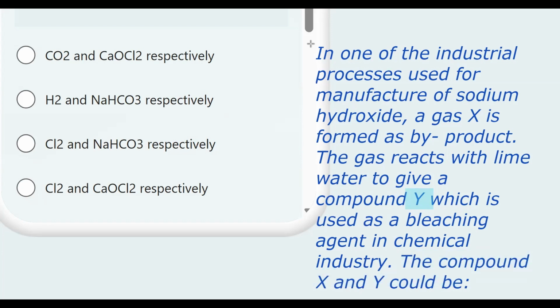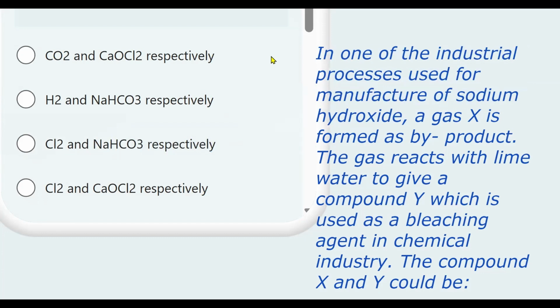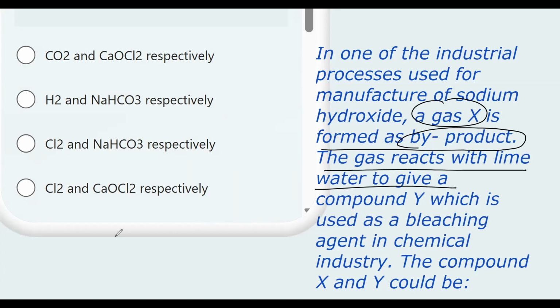So here what we are looking for is the gas X as a byproduct. So the gas X has to be chlorine. Let me once again read. It says one of the industrial processes used in the manufacturing of sodium hydroxide. So they are talking about the chloralkali process, and the gas X is formed as a byproduct, and the gas reacts with lime water. So you know that the chlorine gas, when it is passed with dry slaked lime,